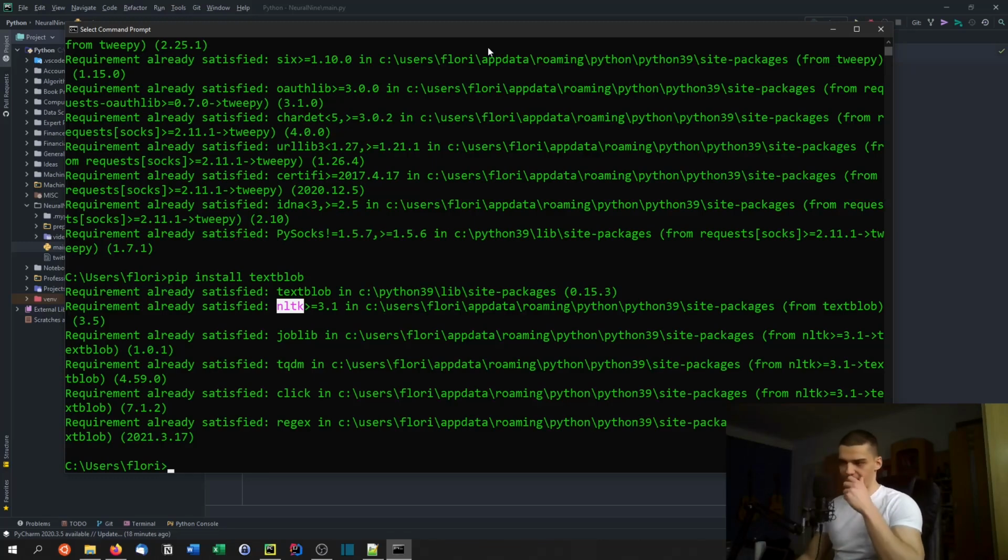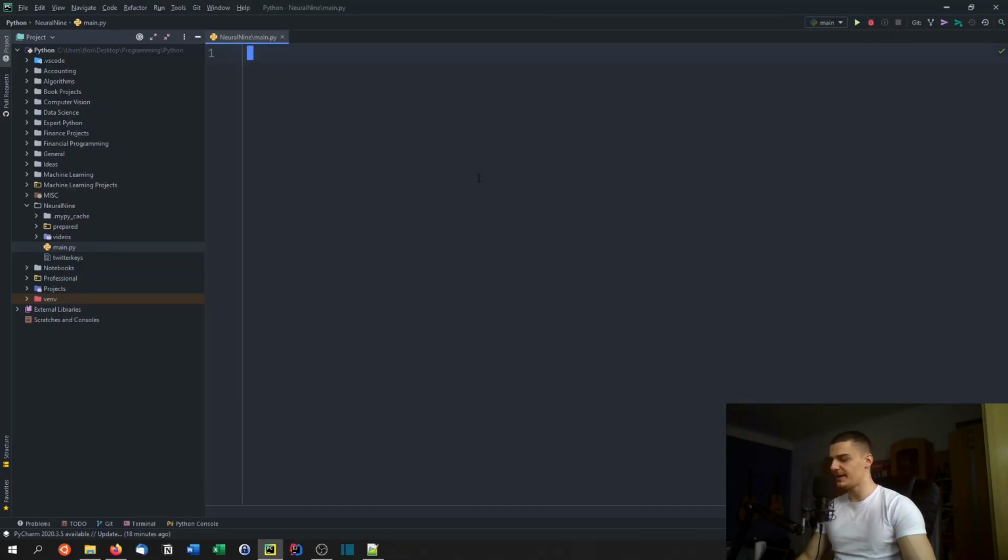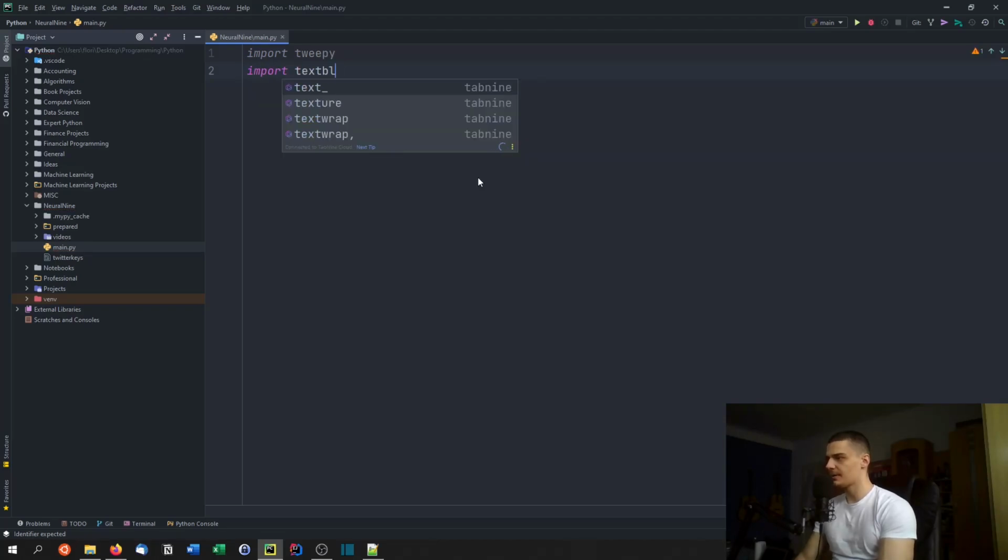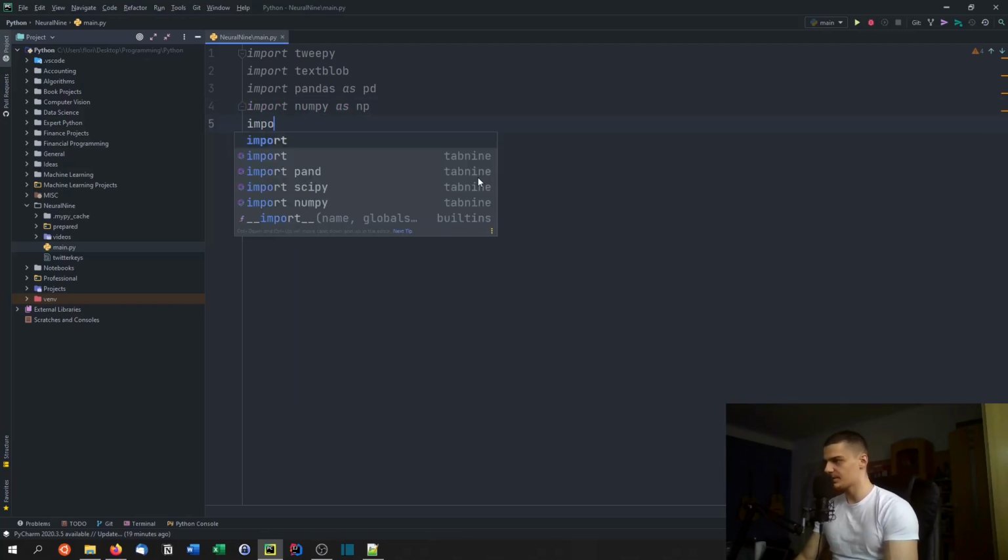Then you should also have pandas, numpy, and matplotlib. So just pip install pandas, pip install numpy, and pip install matplotlib. I'm not going to do that here. Those are very basic packages, and then we're going to import all of them. So we're going to say import tweepy, import textblob, import pandas as pd, import numpy as np, and import